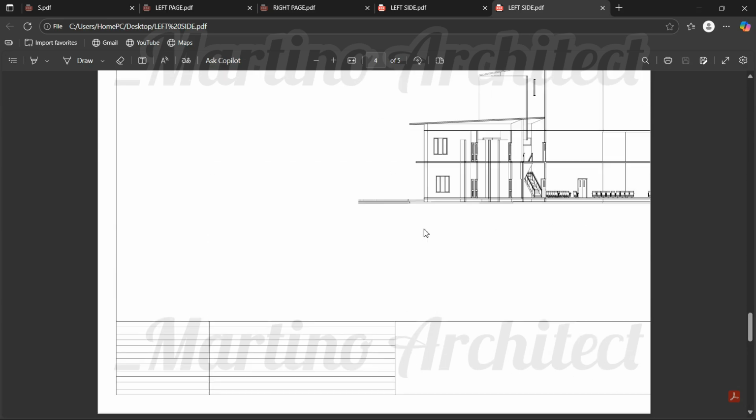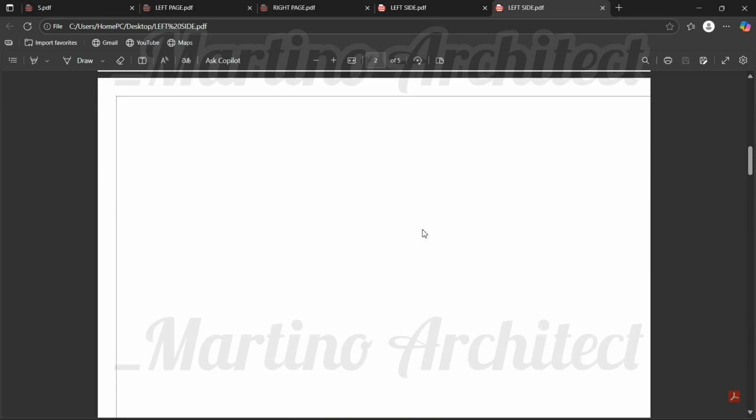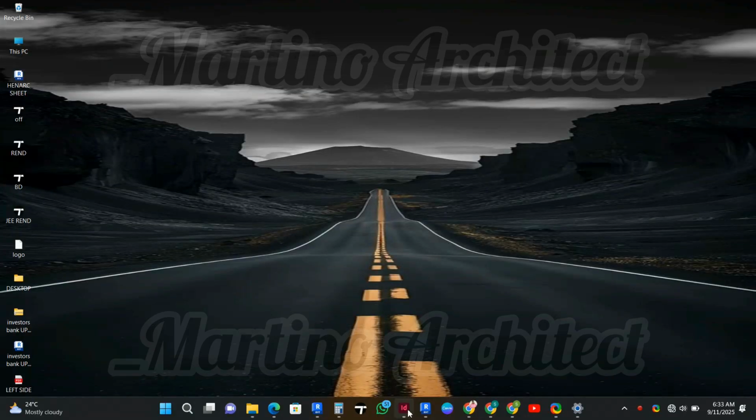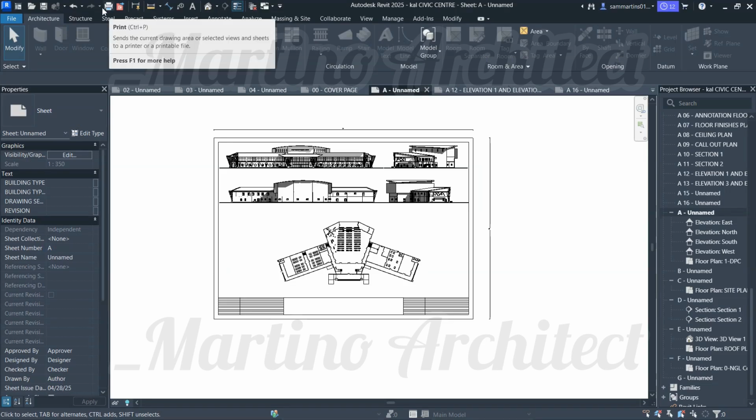As you can see here, it's only one side of the sheet that is printed, like the left side. So for the right side of the sheet,